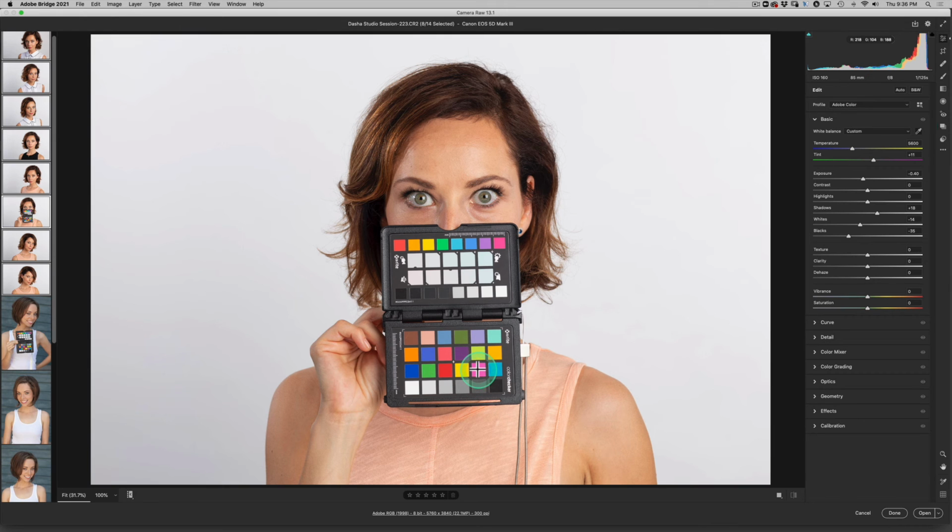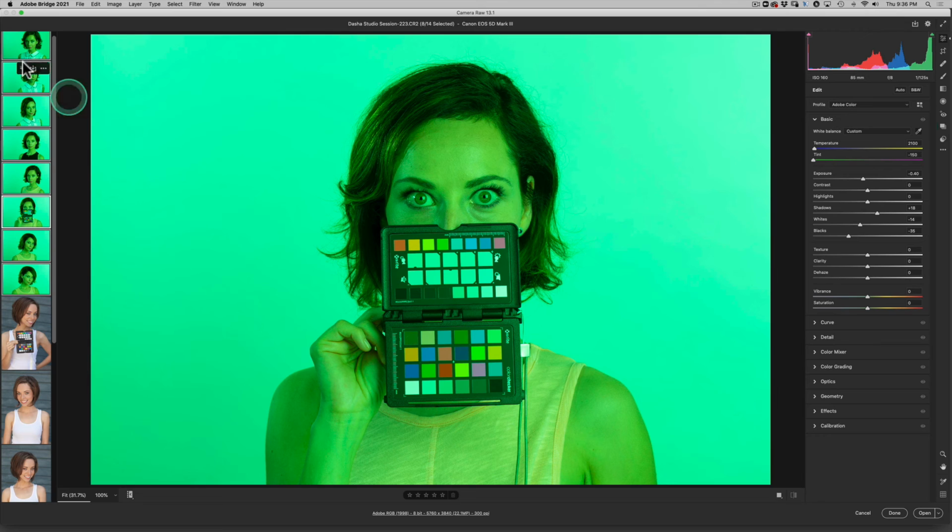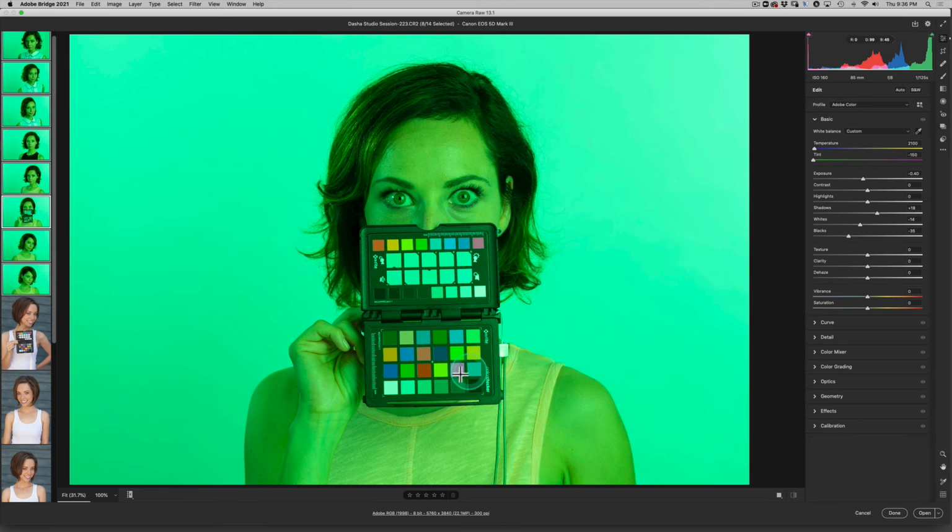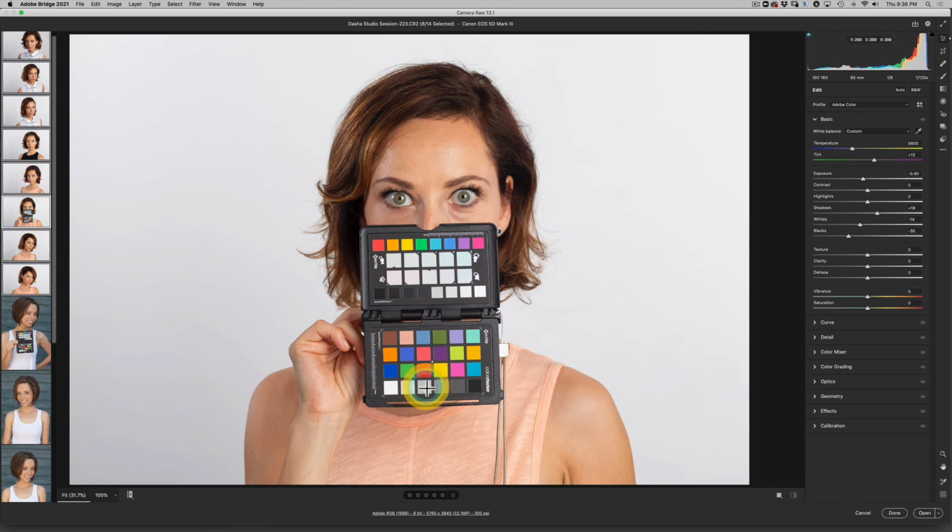Look what happens if I click on the pink. See, they all turn green. Why? Because the opposite color of magenta pink would be green. So if I click on the neutral gray, they all change together. And the reason why I'm showing you this is because if you shoot something that is in exactly the same lighting conditions, what you can do is,